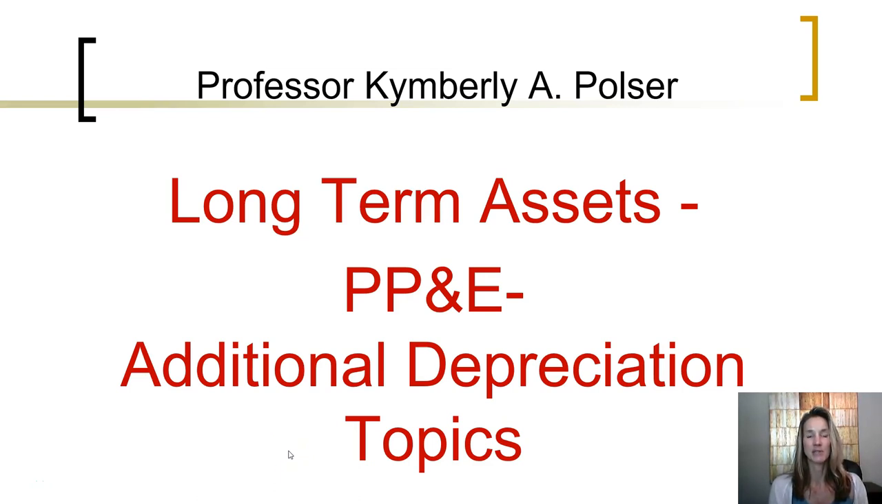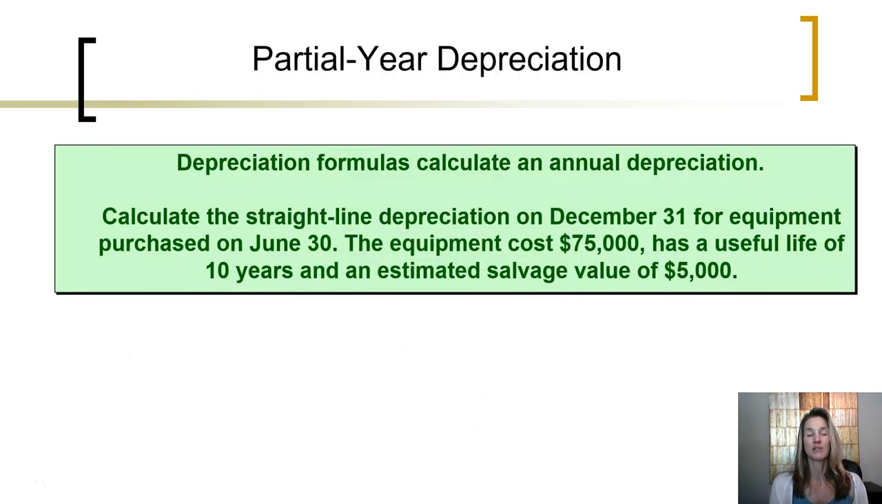This video will discuss some additional topics related to calculation of depreciation. Sometimes a company will purchase or acquire an asset not at the very beginning or the end of a year, which means that the depreciation formulas, which calculate an annual amount of depreciation, need to be adjusted for a partial year of depreciation. So let's assume that December 31st, we are calculating depreciation expense for an asset that was purchased on